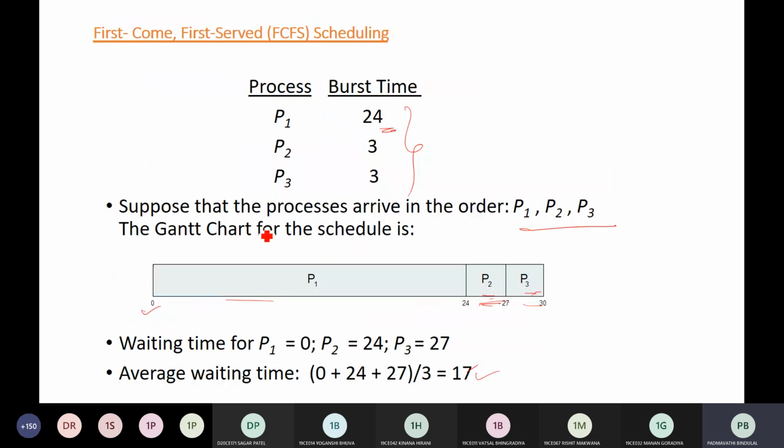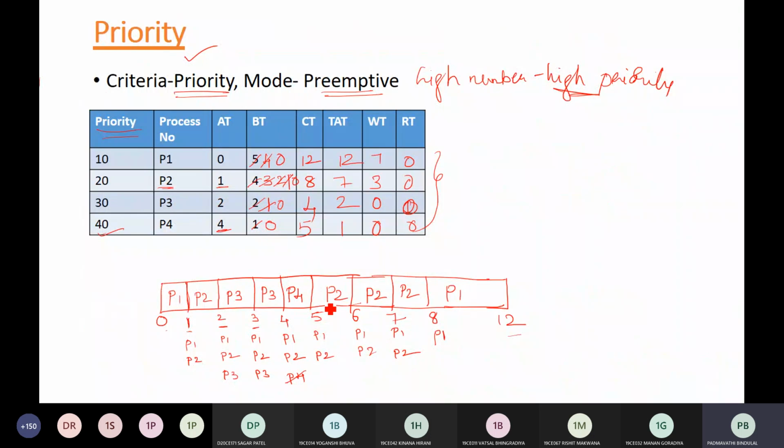If you clearly see the one we have executed here, the P1 process arrived at the 0th instant, but it is getting the CPU only at the 8th instant. I mean, it is taking the maximum time to complete. It has priority 10, and we have said that a high number means high priority. So you are giving priority only to the higher ranked processes, and this way P1 keeps on going into the waiting state.